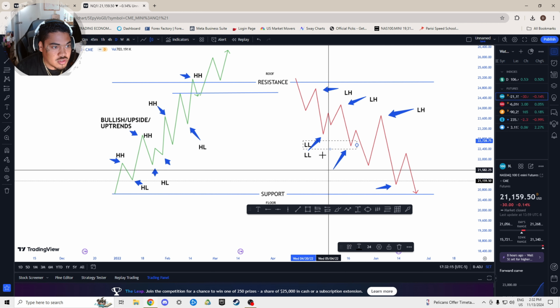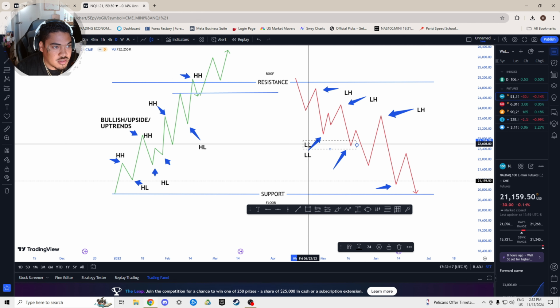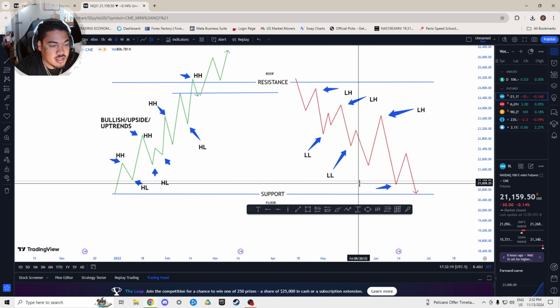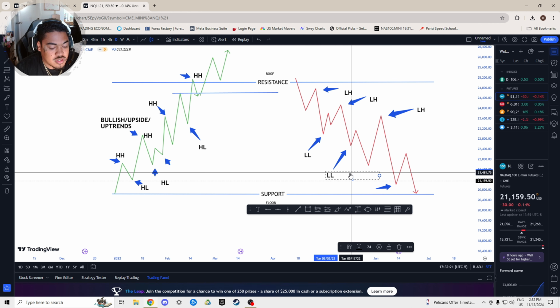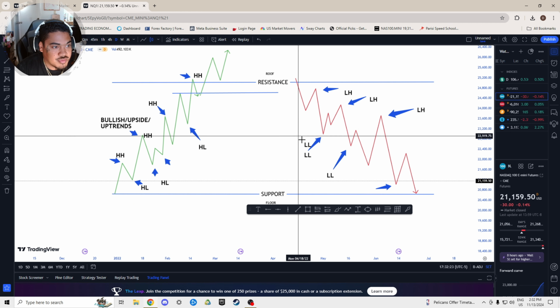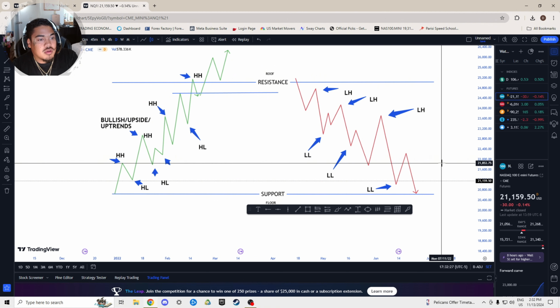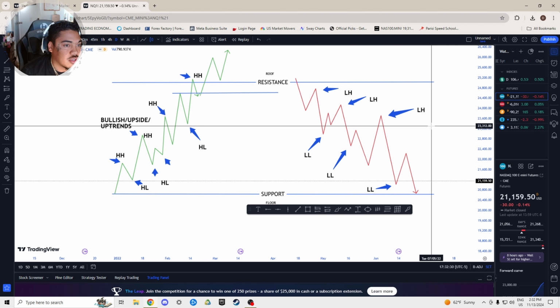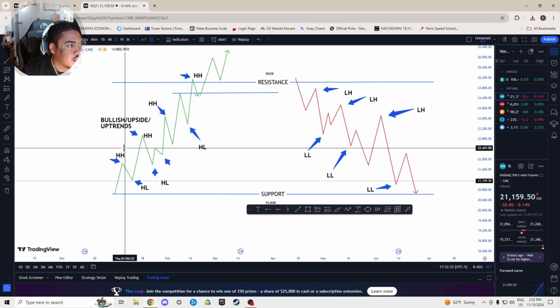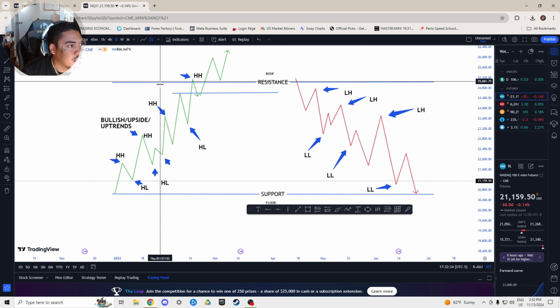Control C, Control V, the next lower low, and so on and so forth. So hopefully you're able to visually get that picture of that. There we go. So here on the green, we have our bullish upside uptrends, and then in the red, we're